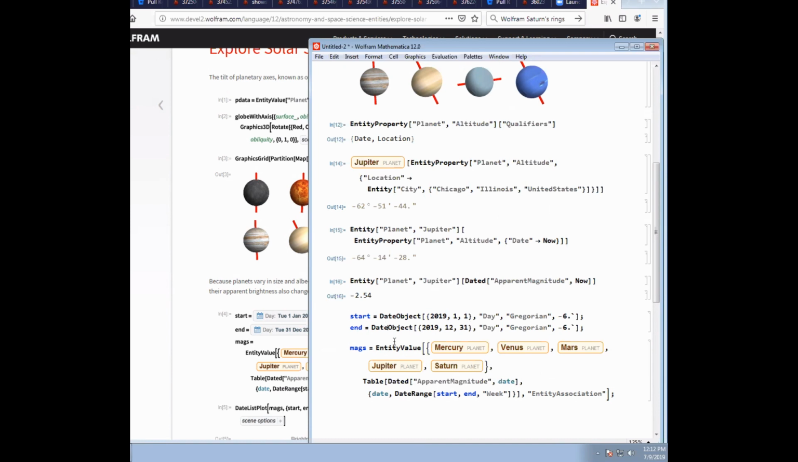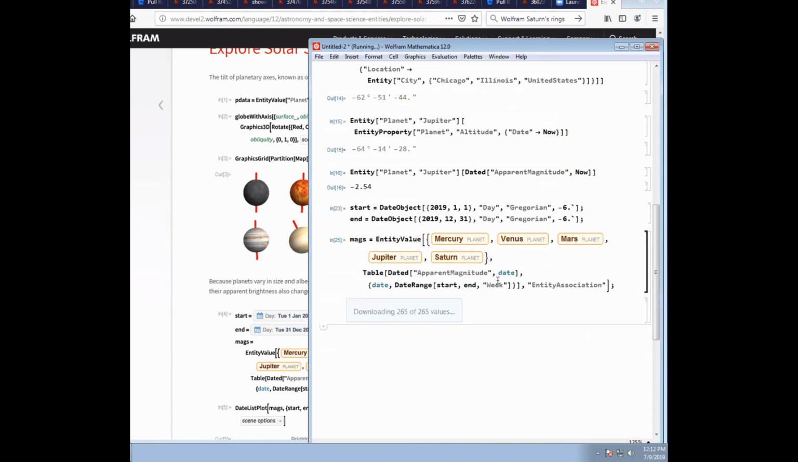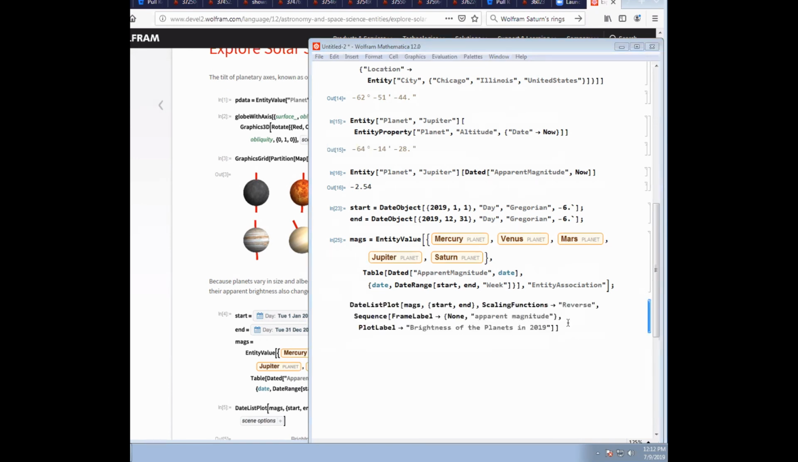So I'm going to plot the brightness of all the planets. Oops, forgot to evaluate the dates. That would help. Let me just wait for a couple seconds here for the data to be downloaded. And as soon as you get that data, you can actually do a plot of it. So here we're using date list plot to plot the magnitudes from the start date to the end date, and